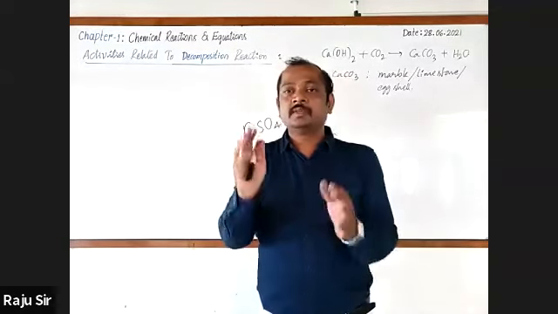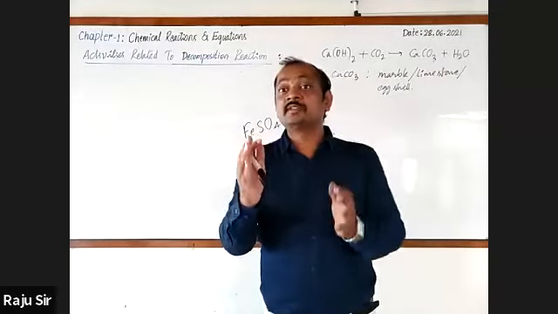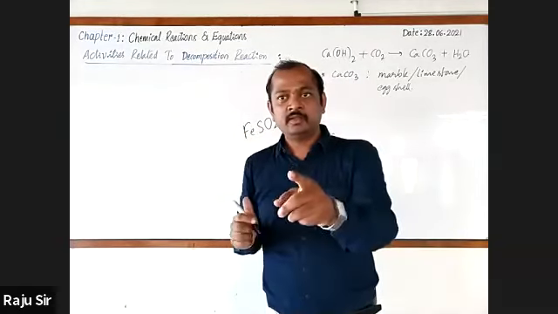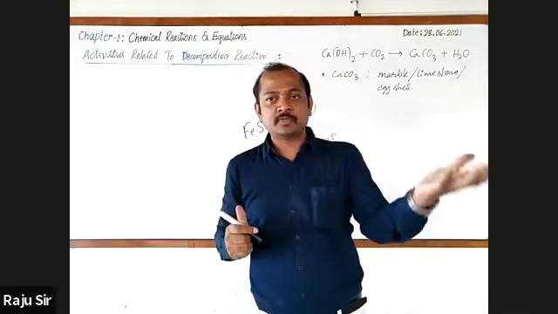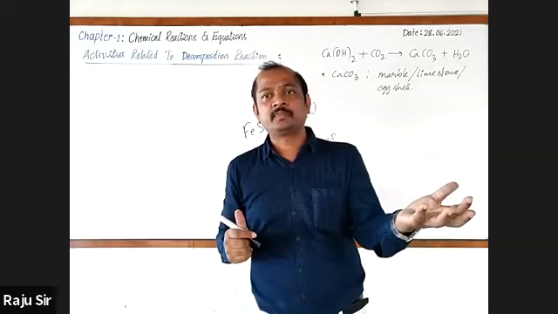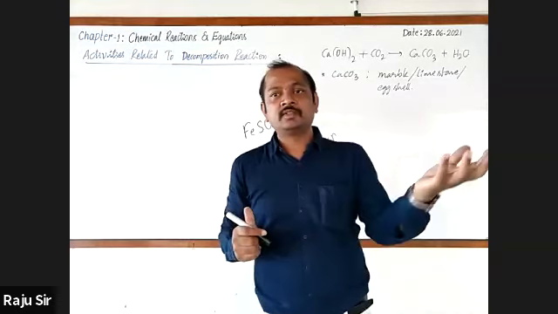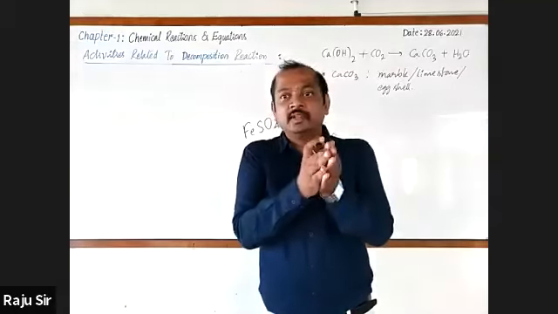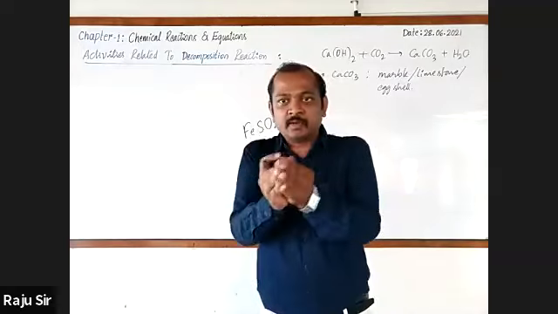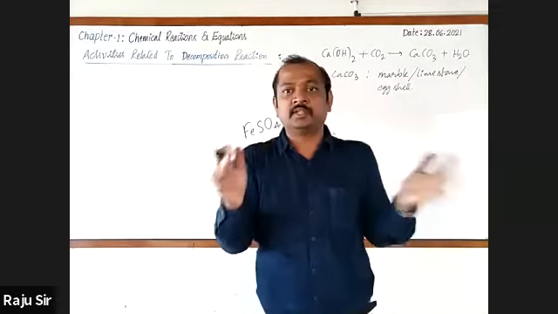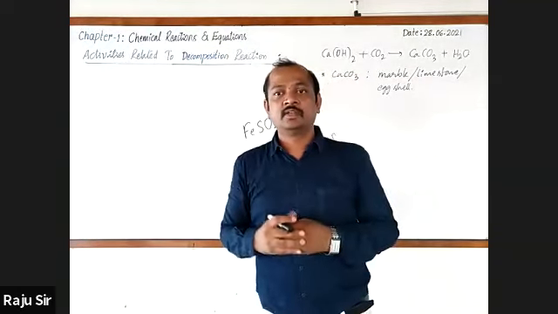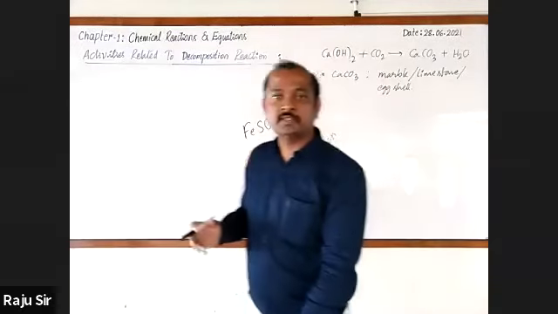Similarly, we will take silver chloride. When silver chloride is exposed to the atmosphere, what happens? It turns from white to gray color. It is due to the separation. That is, silver and chlorine separate in the presence of sunlight. So here reaction condition is a must.